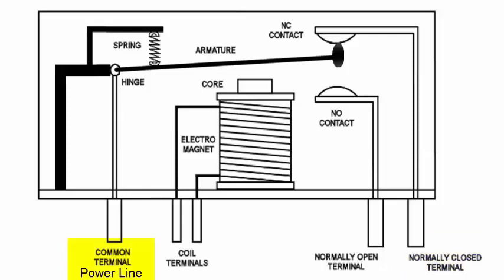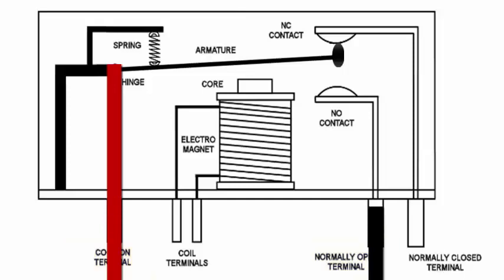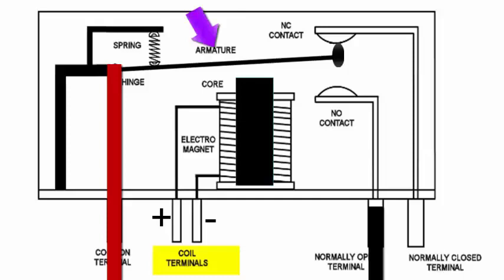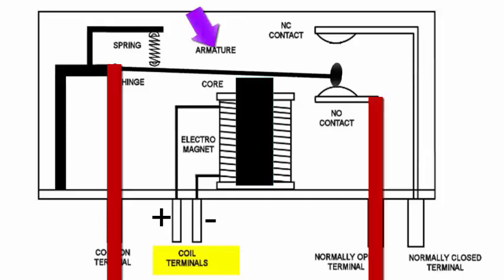If you are taking the output from the common terminal and normally open terminal, you are connecting one wire here and another wire over here, then you are giving the DC supply, some signal, to the coil terminals. When you give the signal to the coil terminals, this one will be attracted and you are going to have the main supply here. Through the common terminal, you will be having a different voltage. The coil terminal may be operating at say 6 volts or at a lower power rating, but at the common terminal, the power will be really large.